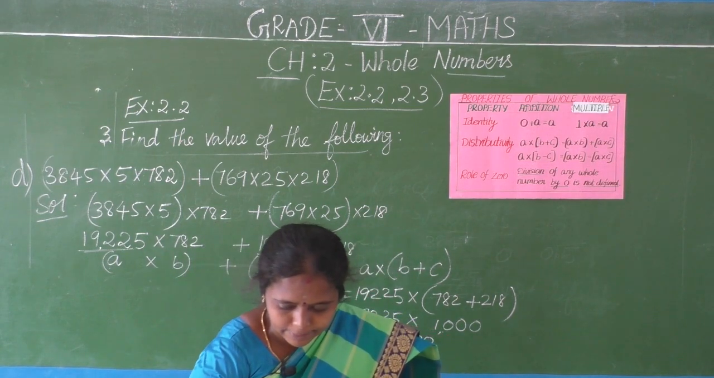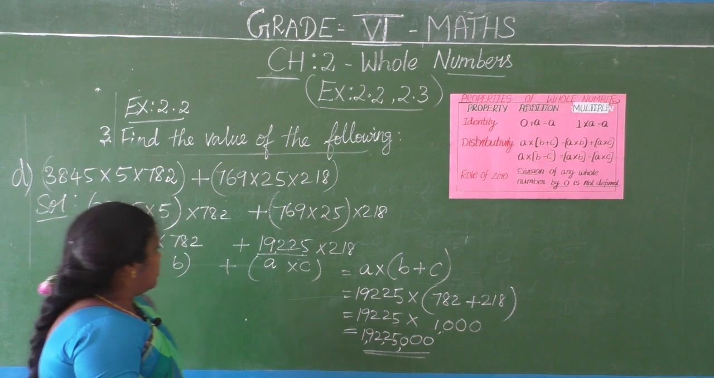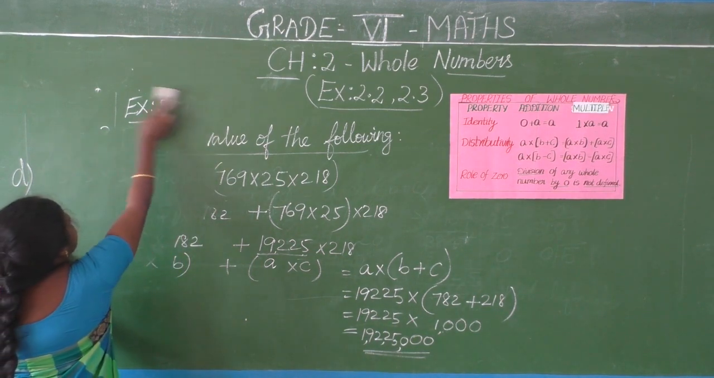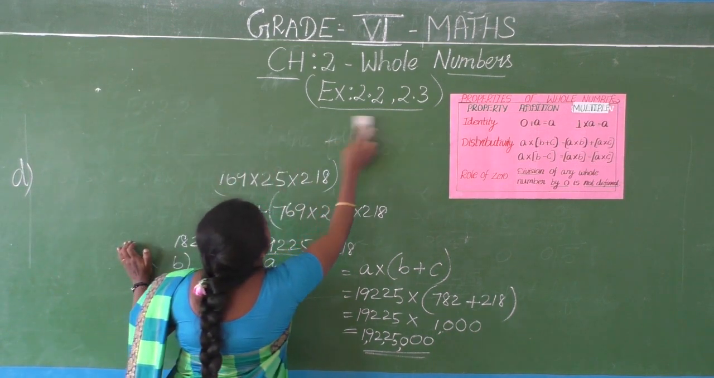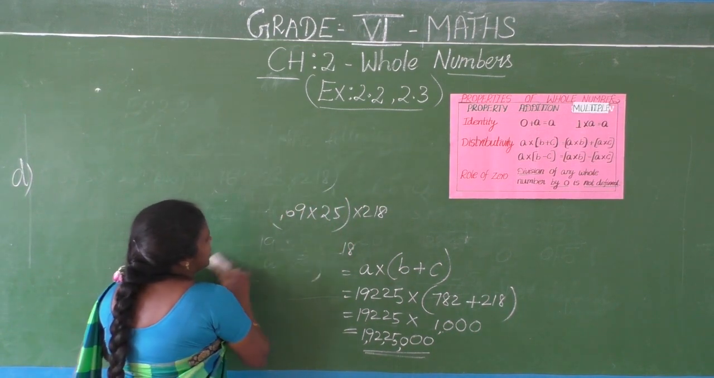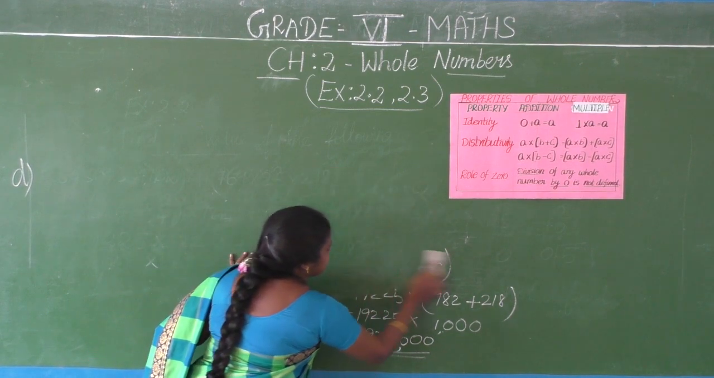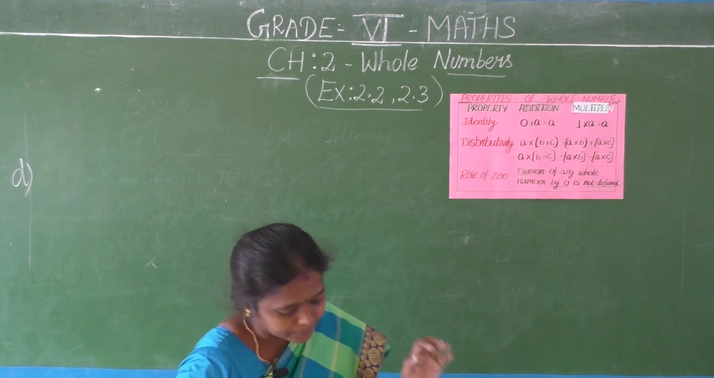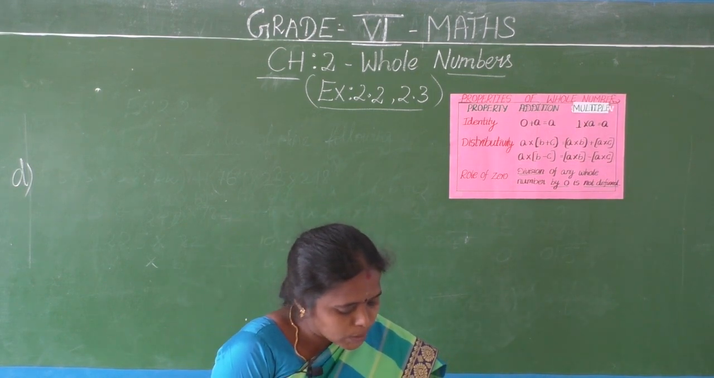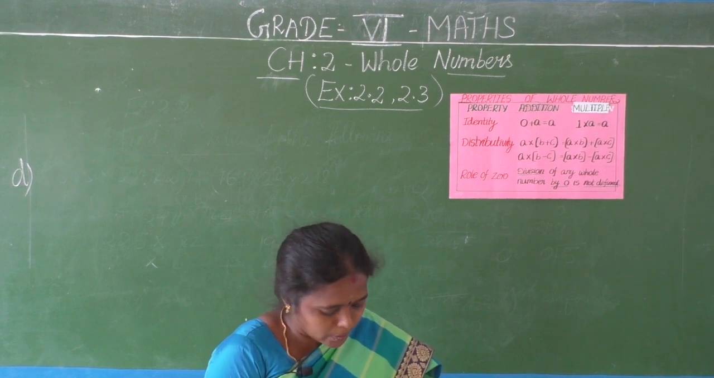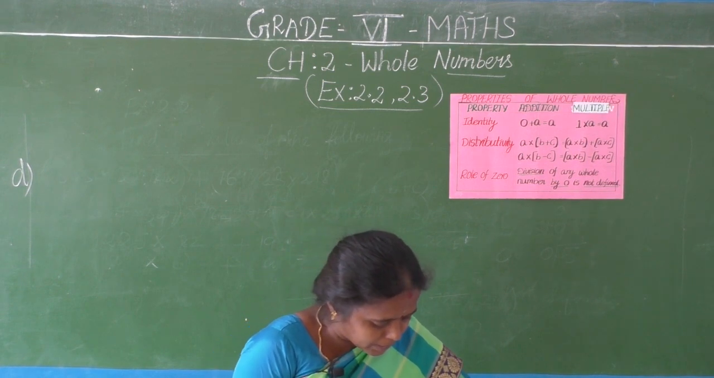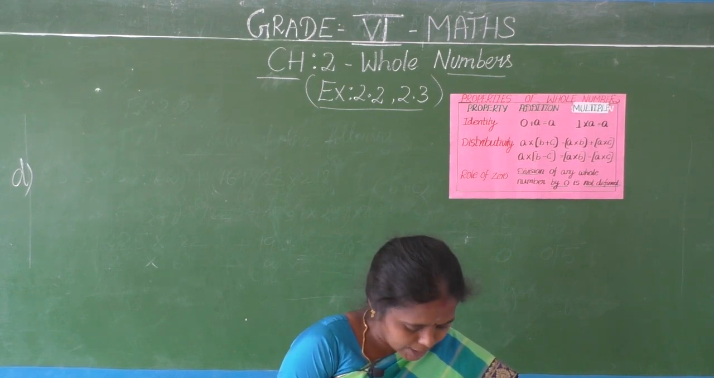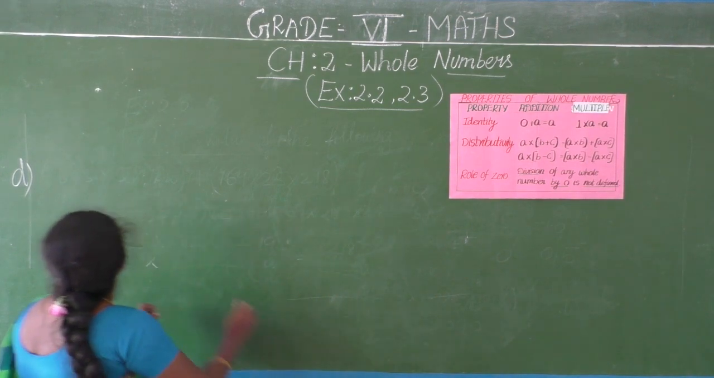Next, fourth section. Fourth section also is distributive property usage only. Find the product using suitable properties. What, the 1, 2, 3, 4 questions given. I am doing 2 questions here. The first question is